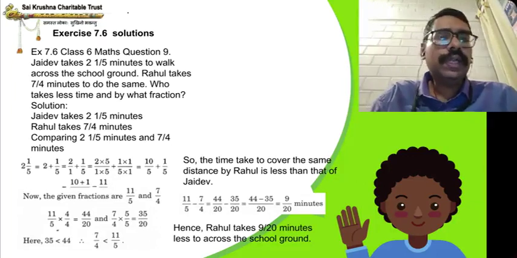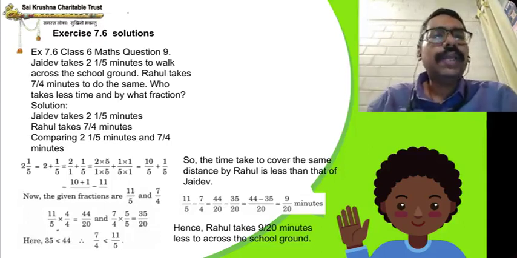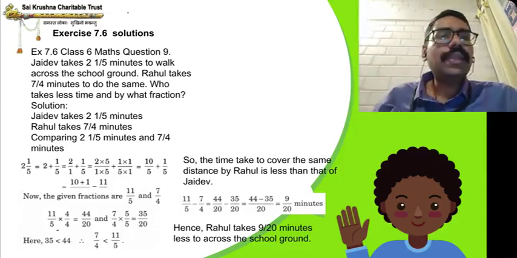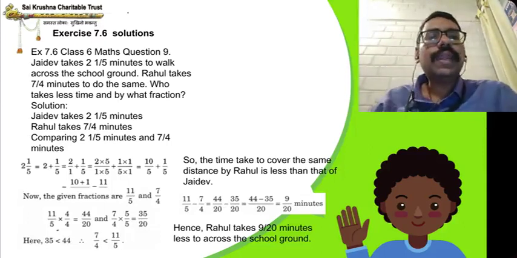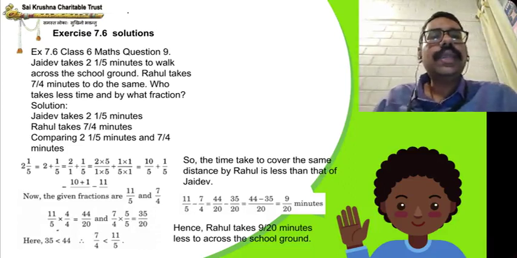If you want to get 20 in the denominator, what number you should multiply with 4? With 5. So, multiply numerator and denominator by 5. 35 by 20. Therefore, both are converted to like fractions. So, we'll subtract 44 minus 35 by 20 is 9 by 20. Rahul takes 9 by 20 minutes less to go across the